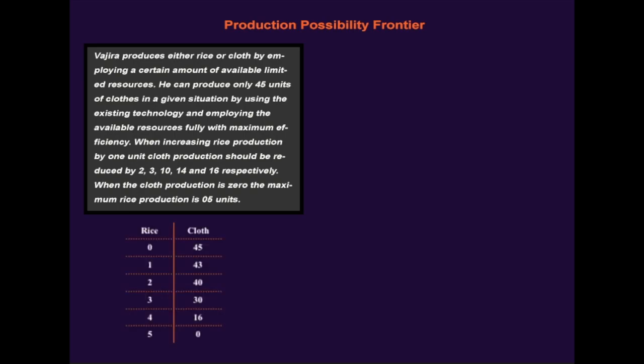So if you look at the chart now, for Vajra to produce 45 clothes, it would not produce any rice, and for Vajra to produce an extra unit of rice, it has to sacrifice 2 units of clothes, and to produce another one more, it has to sacrifice 3. To produce another one, he has to sacrifice 10 units of clothes. For the fourth unit of rice, he has to sacrifice 14, and for the final incremental increase of 1, he has to sacrifice 16 units of